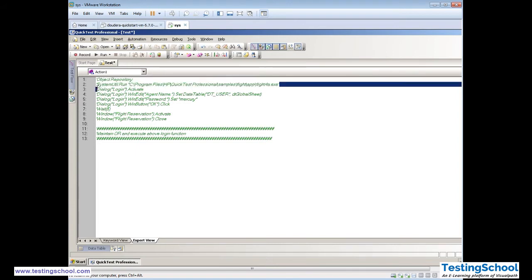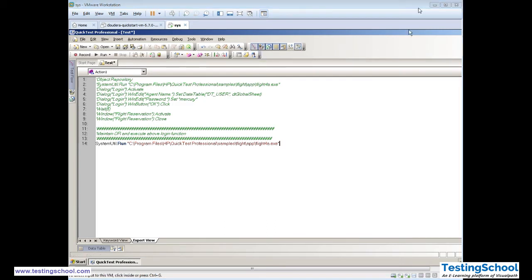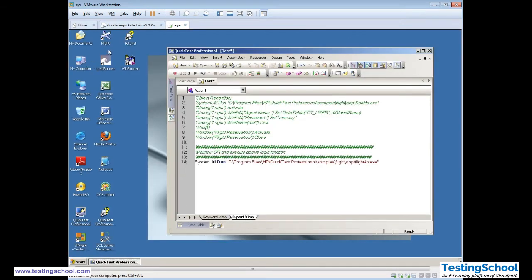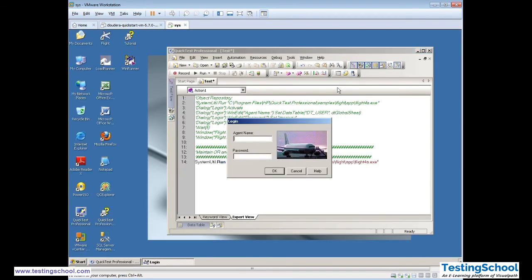We will be needing this system.launch because this is common for every launching program. Okay, now what we are going to do, we are going to add in the repository our launch and login and other functions. So let's see. Okay, launch it.